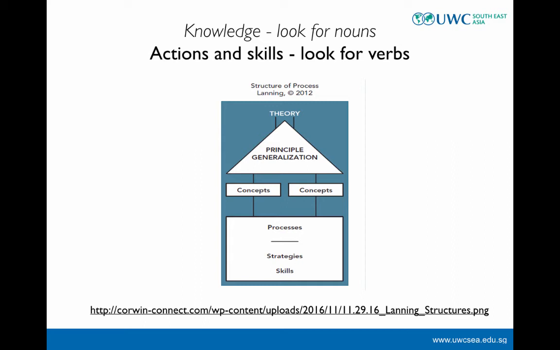Same would be true if we were, say, in an English language arts classroom, where we might be writing memoir, and that might be the particular skill we're doing. And a strategy we might use would be sort of evocative description, or even synesthesia, mixing the senses together. That's my strategy for writing an effective memoir, and the process might be the writing process. And the concept we want to go in on is perhaps evocation or elaboration.